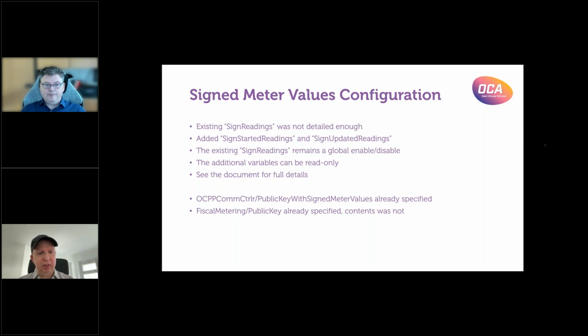And these additional variables can be read-only variables, because you might not be able to change the way your meter works. So in the easiest sense, if you already have implemented it and you already have the signed reading values, you might only just have to add these two additional variables specifying which of the meter values you're signing when this global enable is set. So that's pretty much minimizing the effort on implementing it to get in line with this